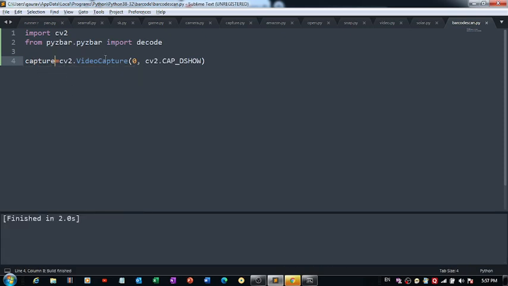Okay, I was able to access it. But because there is no loop defined yet, that's the reason I am not able to show you my camera right now. The light just got turned on and after that it went off. Let's define a loop here. So while